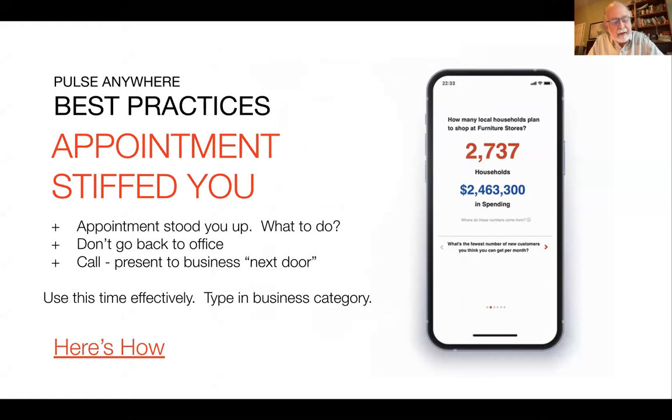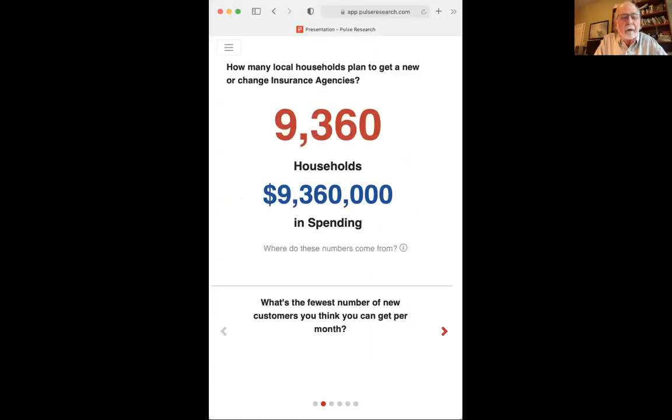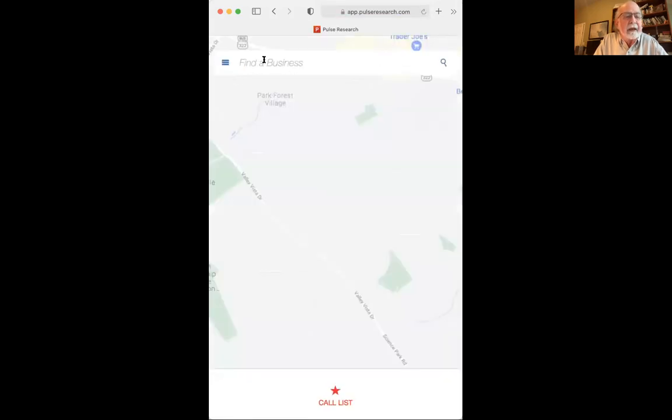So let me show you how to do that. And we'll tab back here to our mobile. And just bear with me a second. So there we go. So we're back on the mobile phone again. So let's go back here to the home page. So in this case,